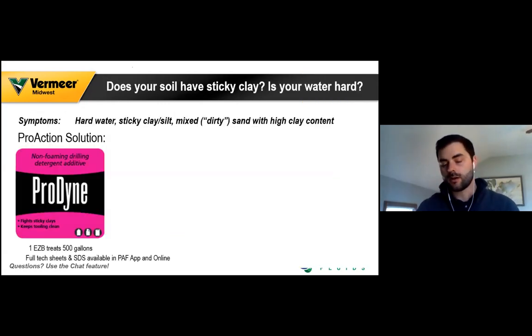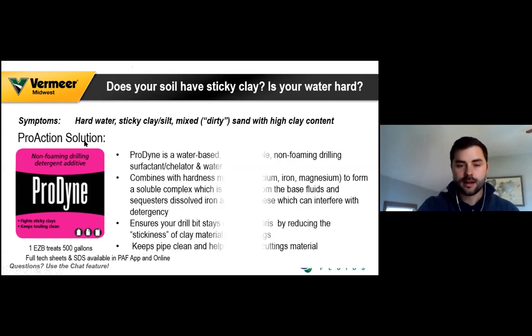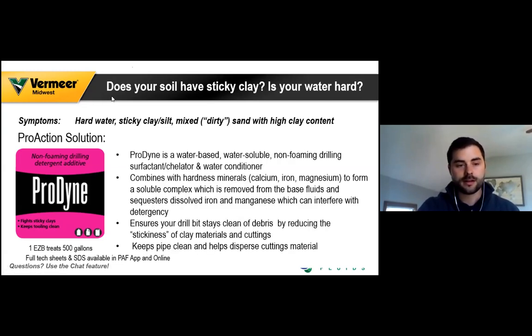So that was ProDrill. So we always use ProDrill. That's the backbone of our clay drilling fluid system. So always use ProDrill when you're drilling in clay. Now, transitioning into some of the additives we can add with the ProDrill to provide additional benefits, we're going to